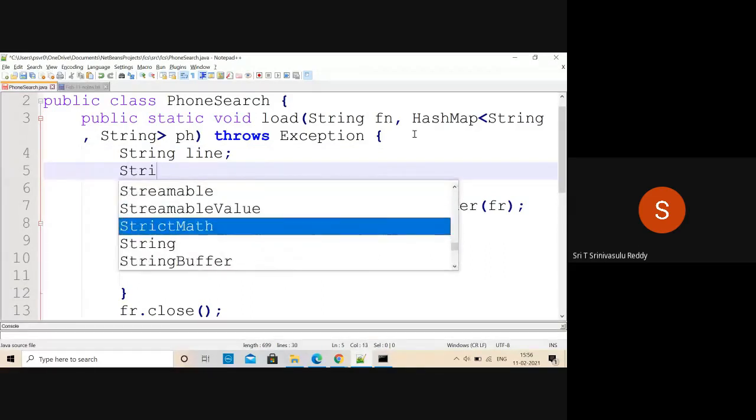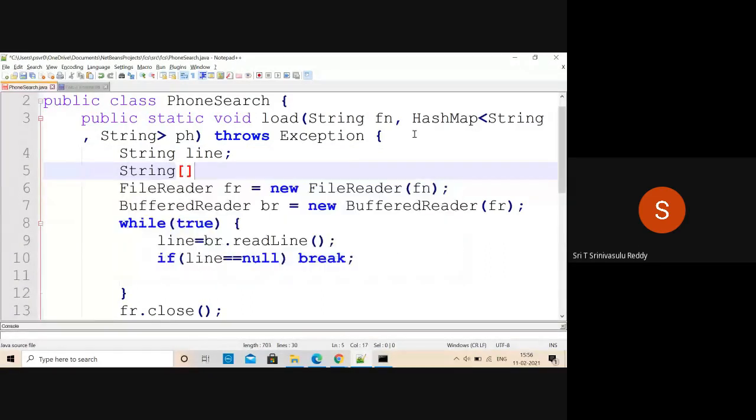This is a string array. What shall we call them? You will have the name as well as the phone numbers. Let me call it words, or substrings, any of them.